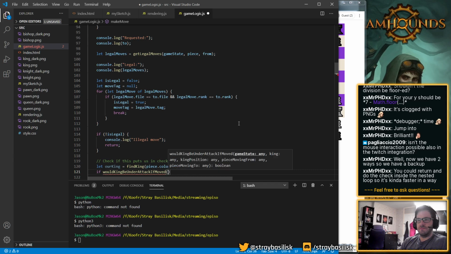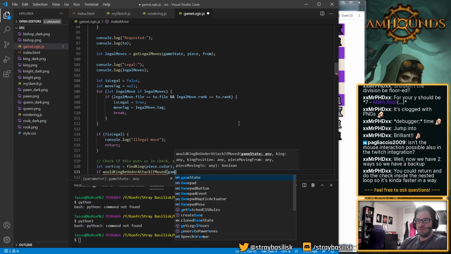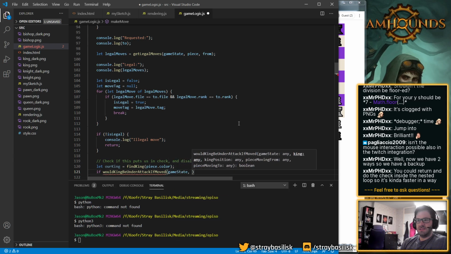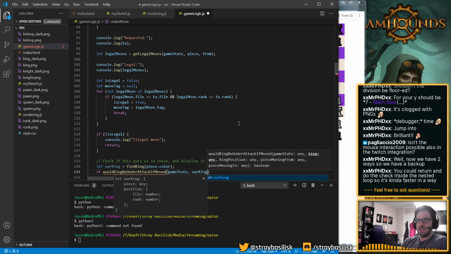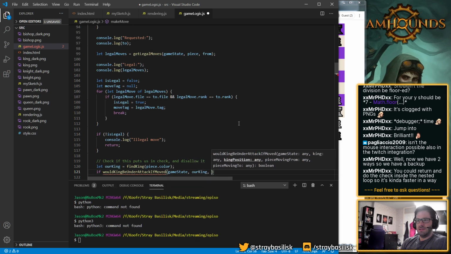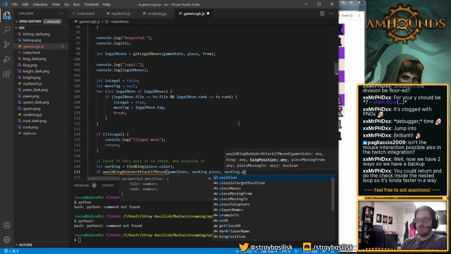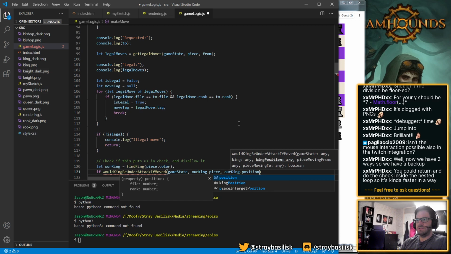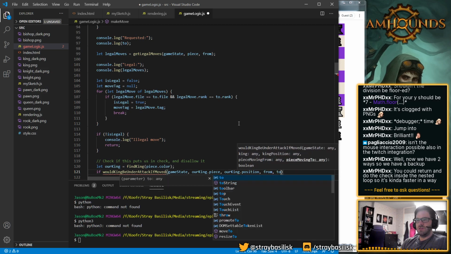So, here's the game state. There's our king. The king's position is piece.king.position from 2.